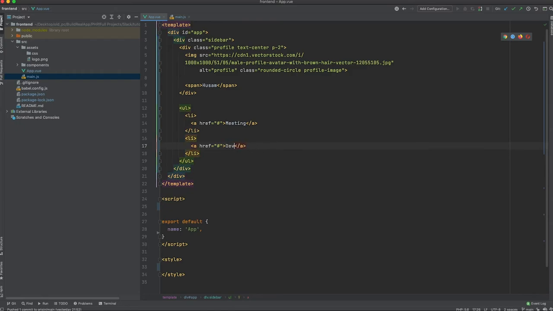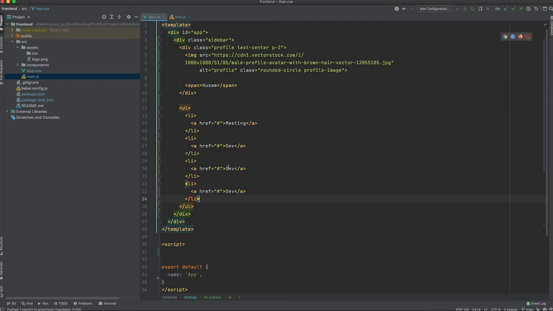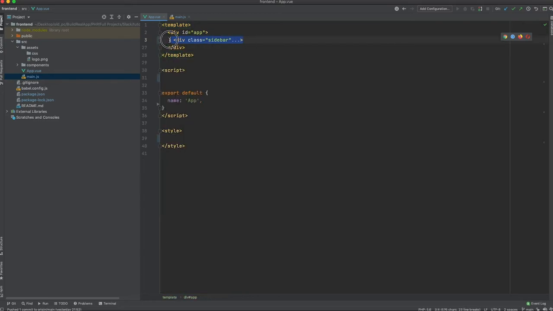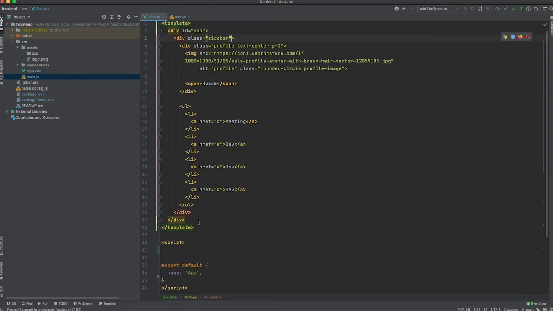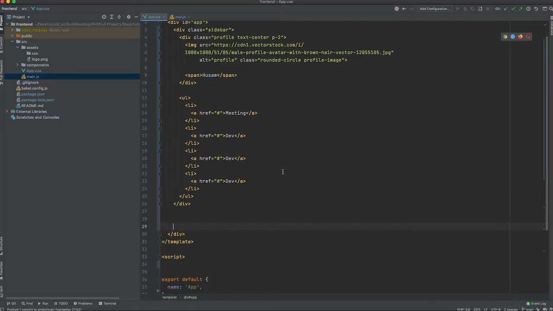So this will be all dynamic from the backend as I mentioned earlier, but for now let's make it static. Okay, so we have the sidebar now. After we finish with the sidebar, I will come here and define the main